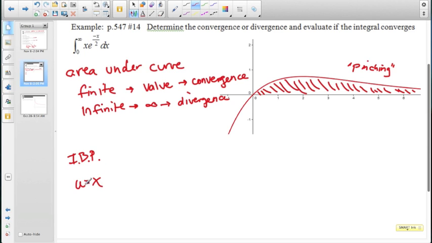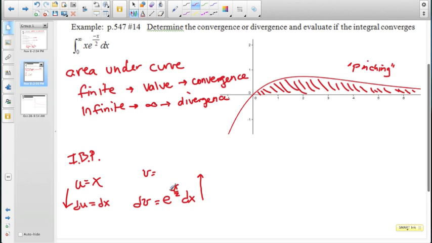Kind of a rhyme there, but really it's meant to reduce the power on one of the pieces of the product. And then the dv is typically the more complex expression, so in this case e to the minus x over 2 dx. And then getting the expression for du is just dx, and getting the expression then for v,